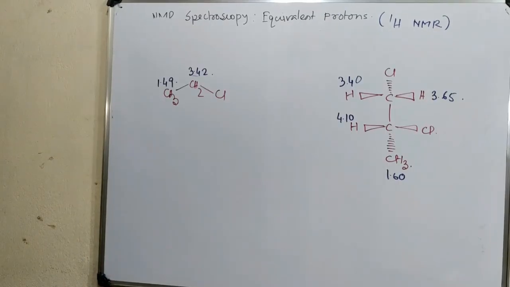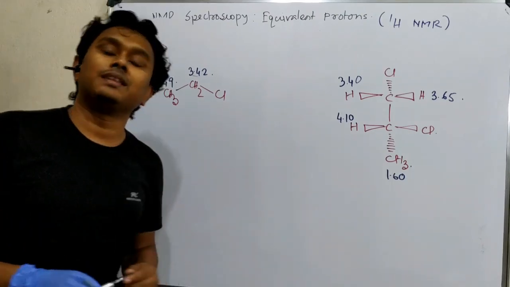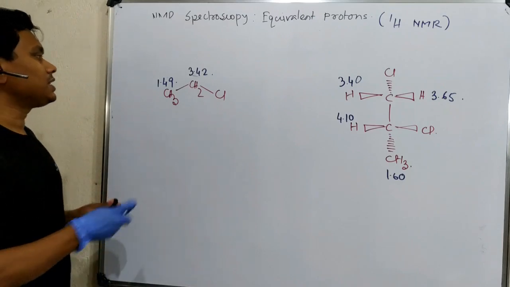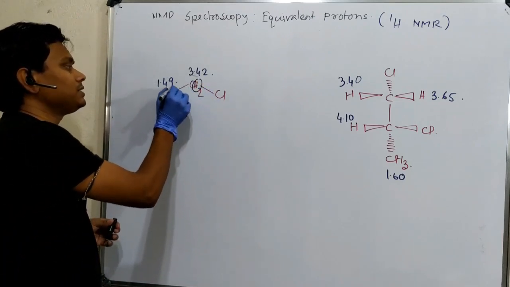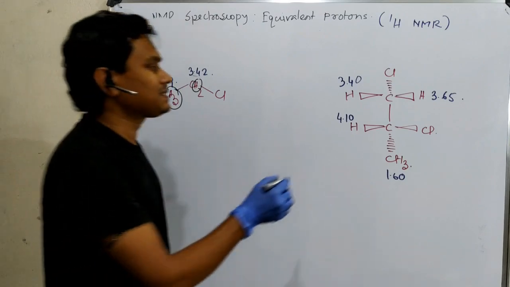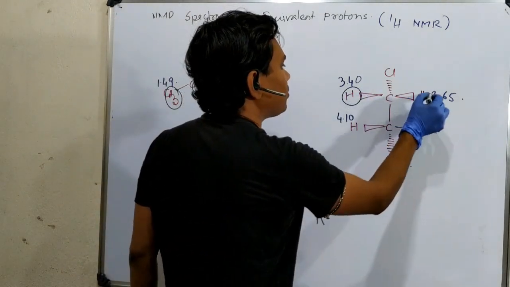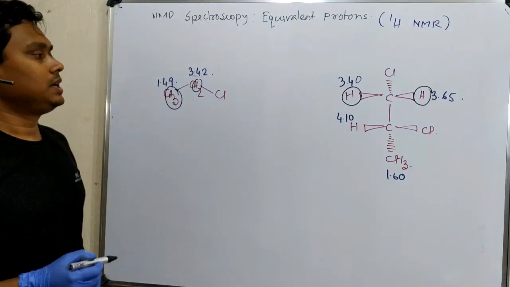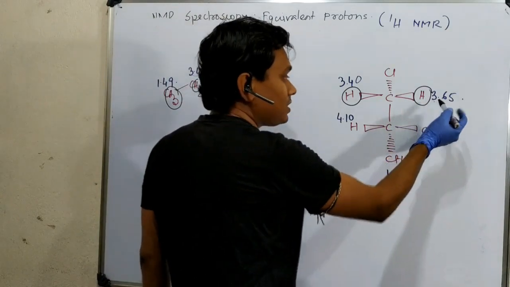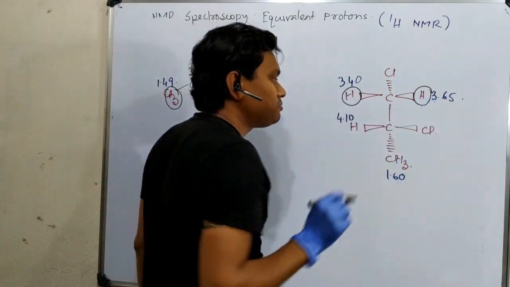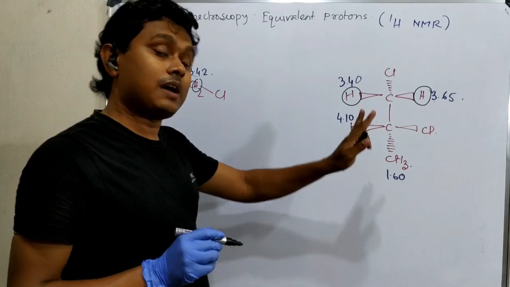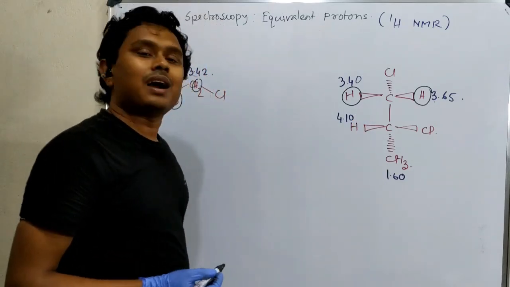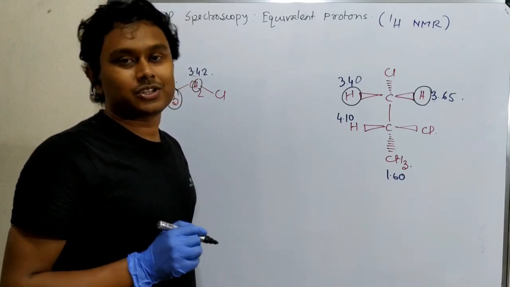Okay, let's come to these two examples about equivalency. See, this is an exceptional example, I will say. Fine. In this case what I told, these two protons are equivalent, these three equivalent. But in this case, these two protons are not equivalent. Question: why and how? See, their position is different, and actually in the NMR spectrum, a clear distinct peak comes. I haven't worked with this, I have worked with another molecule, I'll come to that after some time. Now, why are they different? Because of electronic environment.